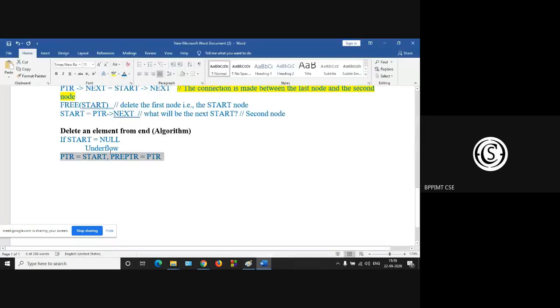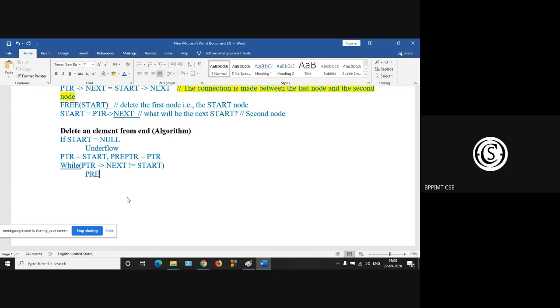Okay. Now you have to move up to the last. So what is the condition? While PTR arrow next is not equal to start. So you are at the last one. We have to proceed.